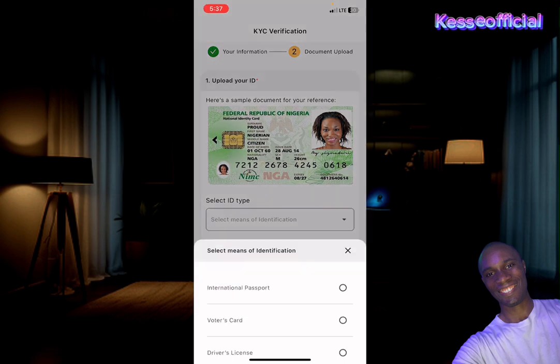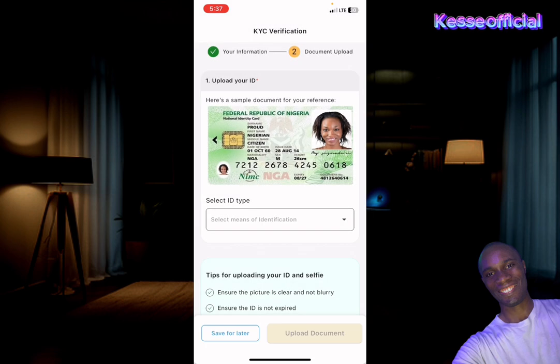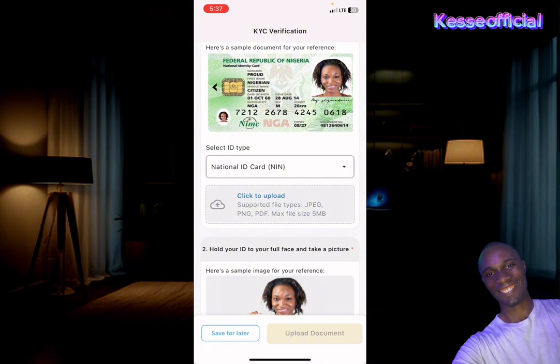So if you select here, you have the option to put in your international passport, voter's card, driver's license, or your NIN, which is your national identification card. For me, I will use any of them. I'll use my NIN here in order to verify this account. So let's get started. Once I've selected that, all I have to do is click here